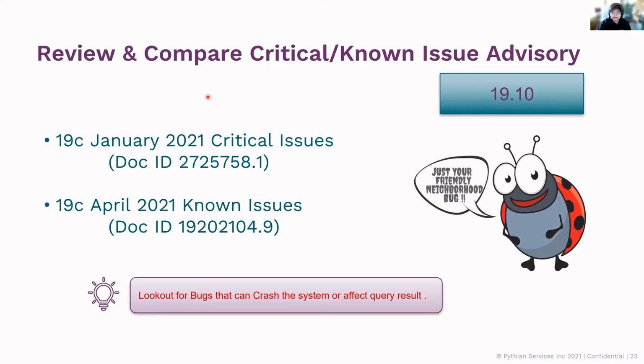Don't worry. Be on the lookout for critical bugs that might crash your system, or more importantly, affect your query results. There are many parallel-related bugs or Bloom filter bugs that at times alter your query results. These are pretty important because these can cause real issues. So be on the lookout for these bugs. Say, for example, you see an identified bug on the latest version, avoid it if the patch or the bug fix is not available. Try and avoid that particular RU.